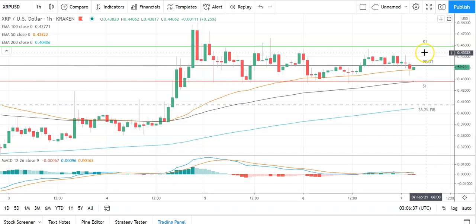Barring an extended rally on the day, expect that first major resistance level and yesterday's high at 0.45688 to cap any upside. In the event of an extended rally, could see Ripple's XRP test resistance at 0.48 before any pullback. Second major resistance level sits at 0.4729. Failure to move back through the pivot will bring the first major support level at 0.4281 into play. Barring an extended sell-off on the day, Ripple's XRP should stay clear of the second major support level sitting at